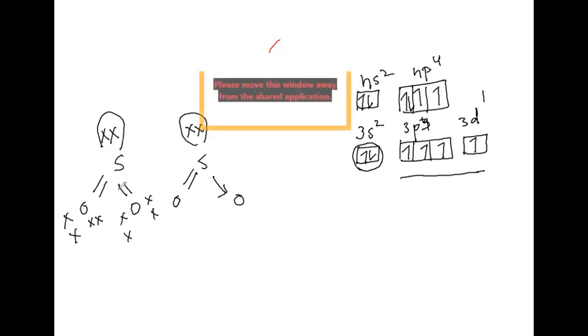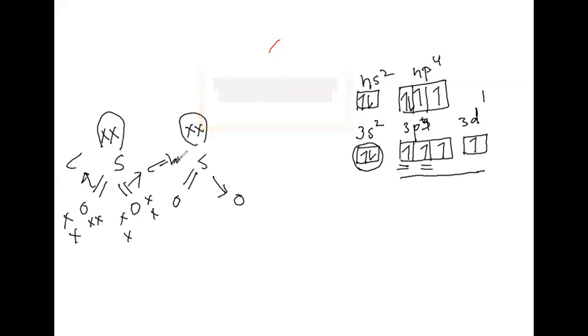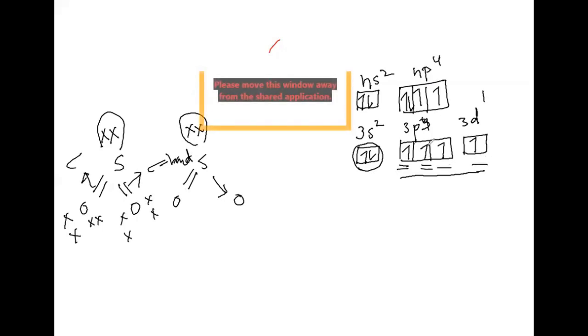Here one electron from sulfur is going to combine with the oxygen electron. It forms one bond, which is a sigma bond. Even the second electron is going to combine with an oxygen electron. Here also it is going to form a sigma bond. Now the pi bonds we should see. Generally we can expect the sigma bonds will form first, followed by pi bonds.